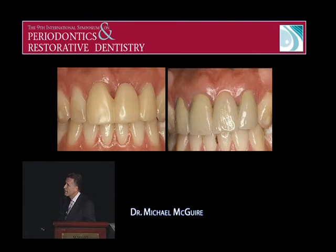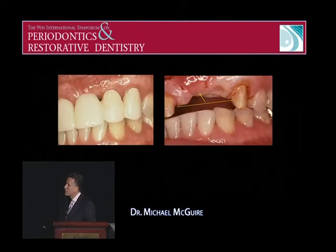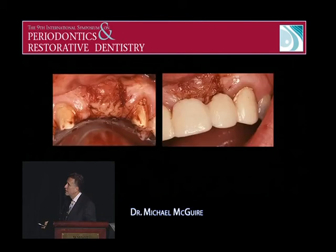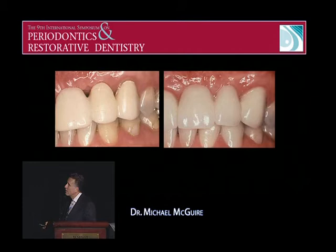Here's a situation, just a class 1 recession, where we have open interproximal spaces, a very simple connective tissue ridge augmentation, and I'm able to close in these papilla and create a very believable Pontic. Much more difficult situation here, a class 3 alveolar ridge defect. We're going to have to come in first with a connective tissue ridge augmentation to plump out the facial, and then an onlay graft here to fill out the tissue in the apicoronal dimension. But even with that large area, it took 3 surgeries, but we're able to come in and have nice papilla